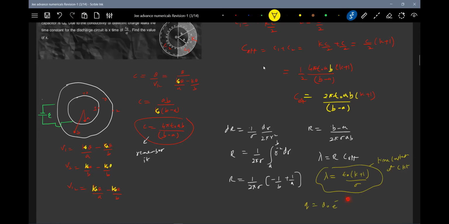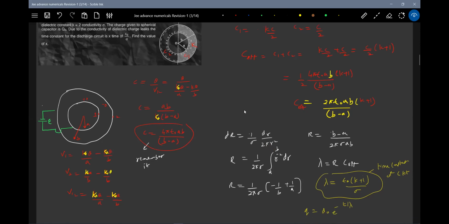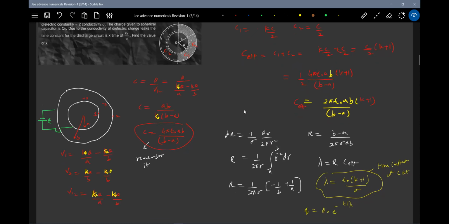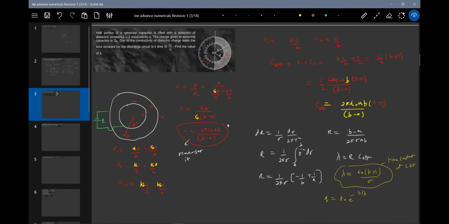Sir, resistance will be at the empty part, no, sir? There won't be resistance in the empty part. Resistance will come only in this region. That's why the 2 is brought here. The charge discharging capacitor, you see there's a formula. It will not discharge immediately. Gradually it is going to discharge. Gradual means an exponentially decreasing curve. That's what the leakage will be here.